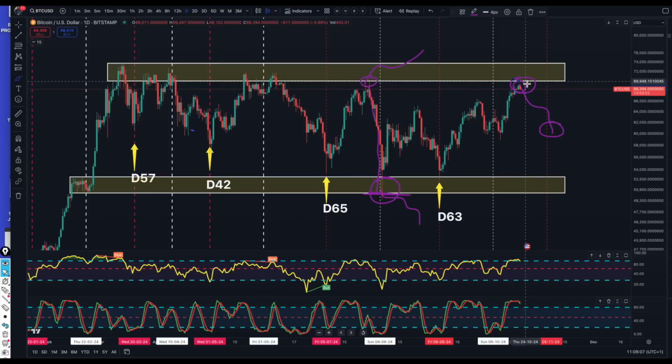But I can only share my own thoughts and my own strategy, and that is that I'm very happy to ride all these ups and downs, because at no point does anybody know whether this is really going to go shooting up or not. And since Bitcoin only has around about 20 big days in a whole year, I'm not prepared to miss those days. So I'm quite happy to ride these down, because my purpose within this market is to reach the end of the bull market and to capture the whole of that cycle. And the only way to do that is to ride out the oscillations along the way.